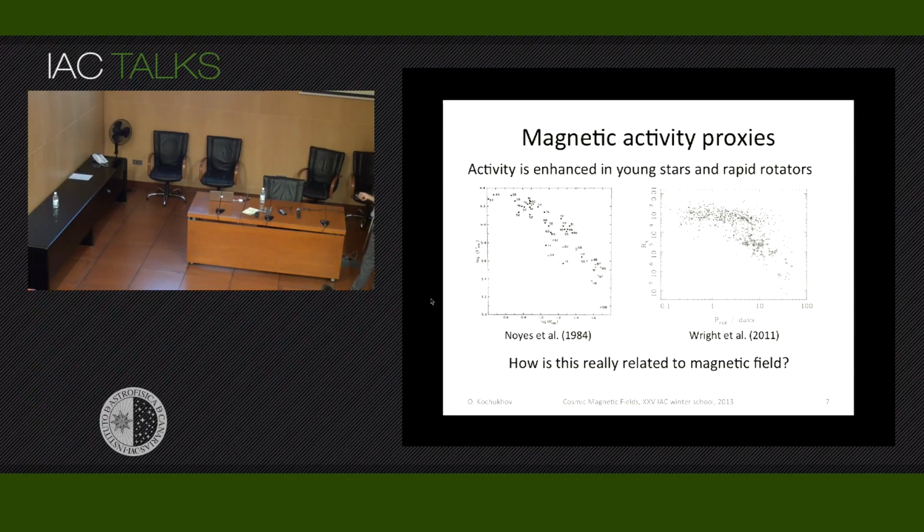So this is the plot, I believe, Phil has already shown, the plot from the very same paper. So it's a really influential paper that plotted emission in calcium H and K as a function of rotational period of the star. So the shorter the rotation, the higher the emission. And this is a similar plot, but for the X-ray,